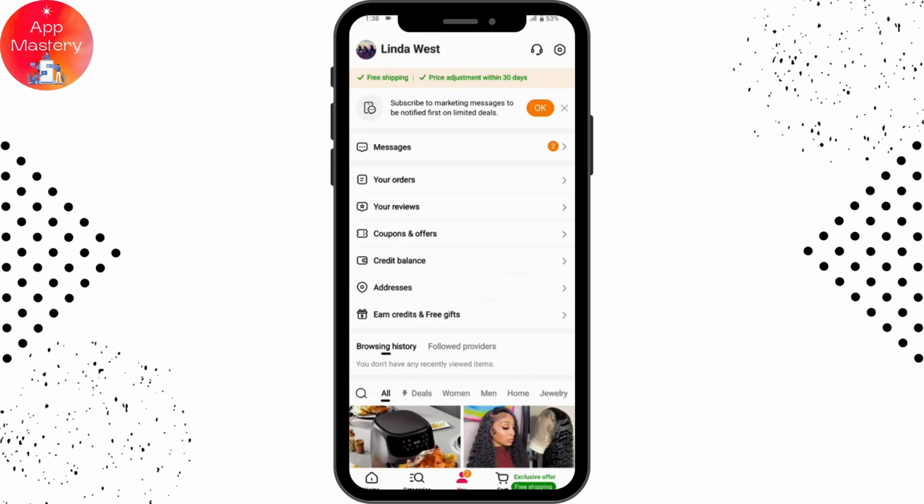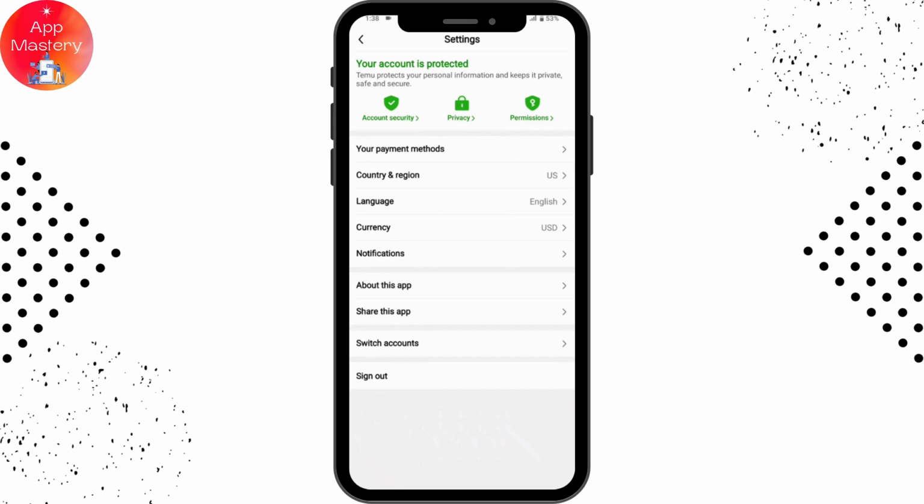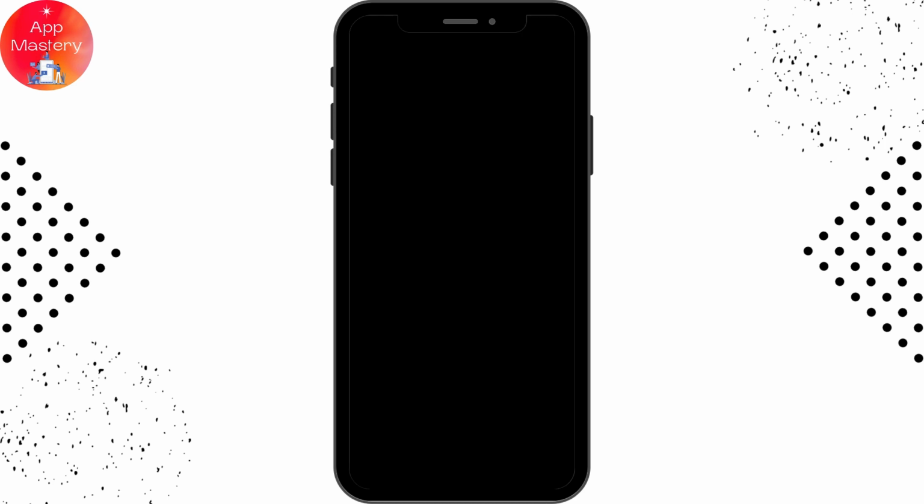settings, which is on the upper right. Once you're here on the settings, you will have your payment methods, right? Tap on your payment methods, and from here, if you have your credit or debit card, or if you have added any payment methods, then you will have that here. But for now I have not added, so you can simply tap on add a credit or debit card to